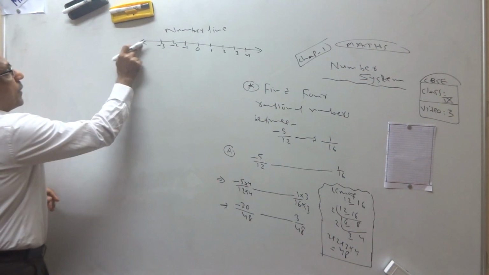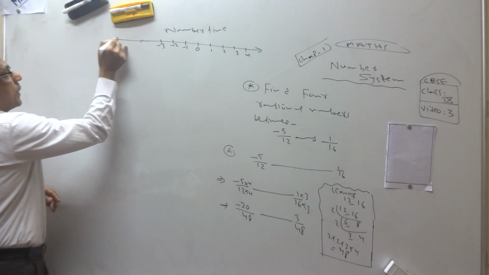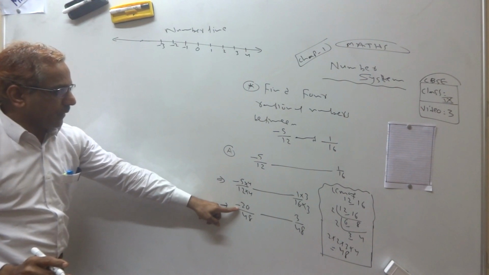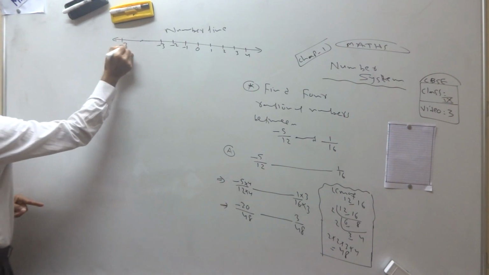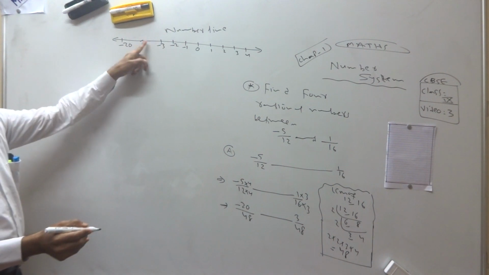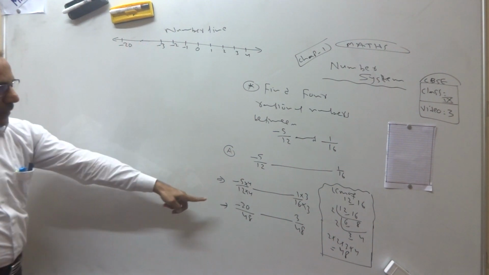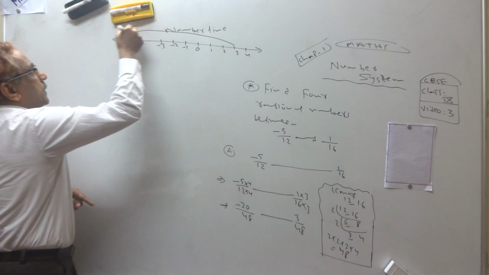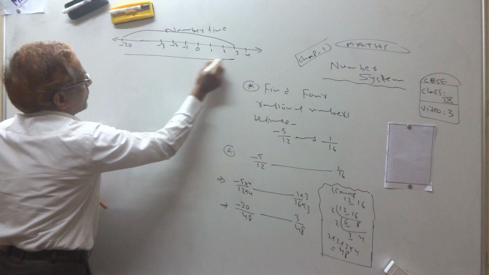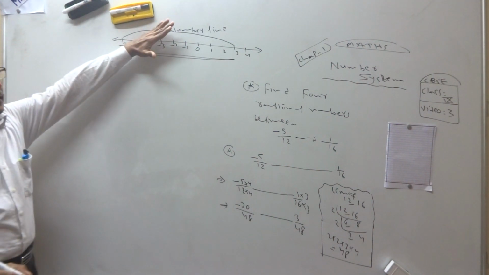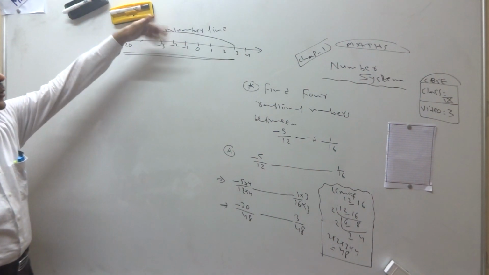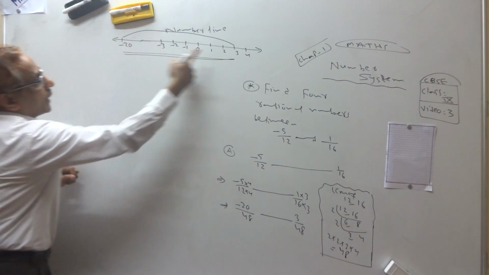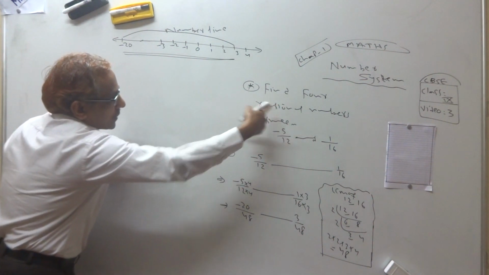Why? Because now I have to decide. On the left side all negatives will be there: -4, -5, -6. We have -20 and 3, and between -20 and 3 there are many numbers. You just take this as a side note, side work. Then how do we decide what 4 rational numbers are between -20 and 3?